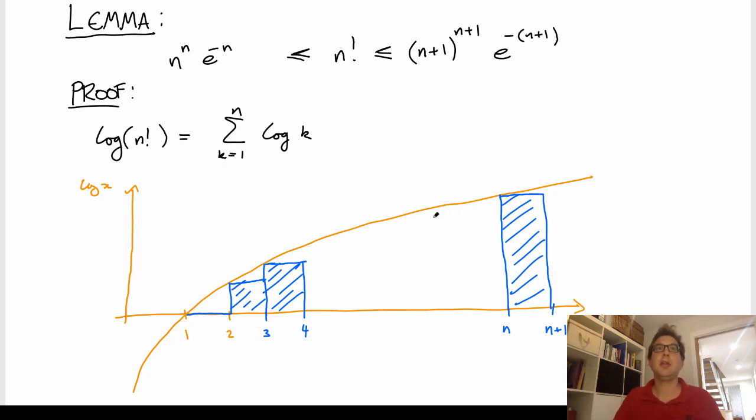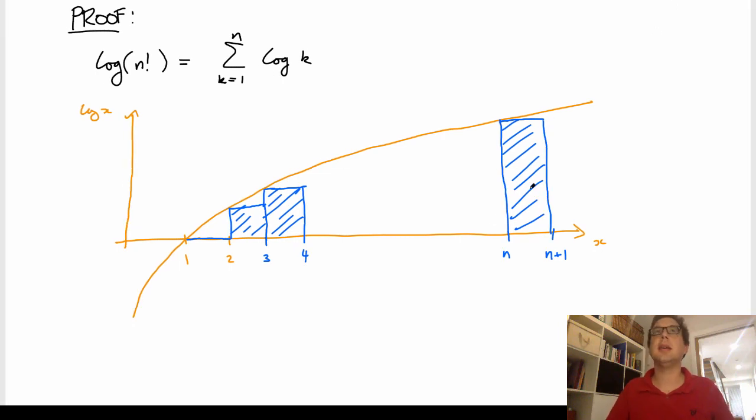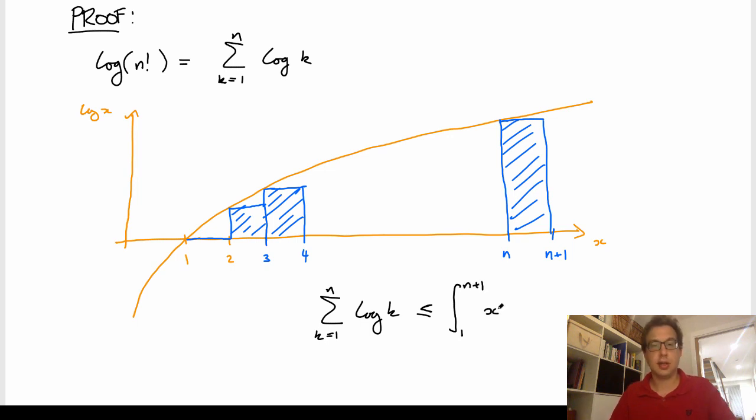Okay, so notice it lies underneath the curve of log x. So the value of this sum is definitely going to be less than the area under this curve from 1 up to n plus 1. So what I'm saying is the sum of k equals 1 to n of log of k is less than or equal to the integral from 1 to n plus 1 of log